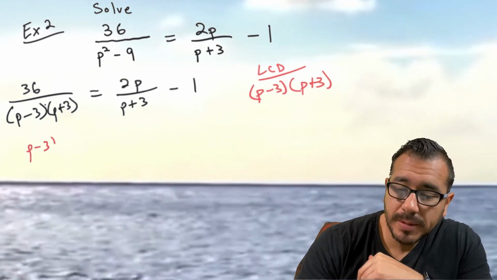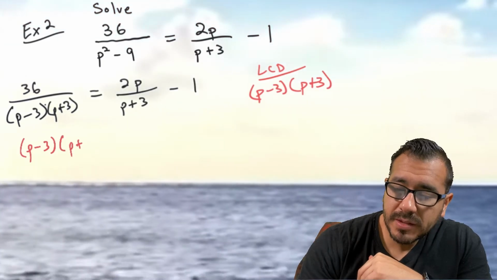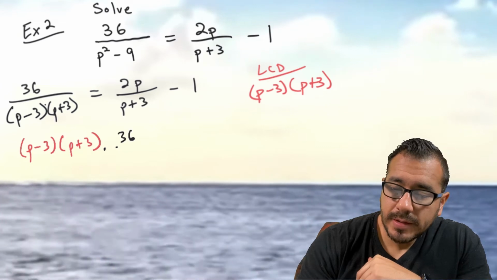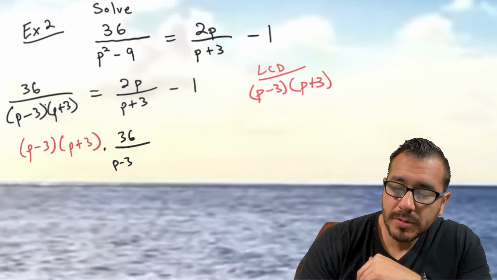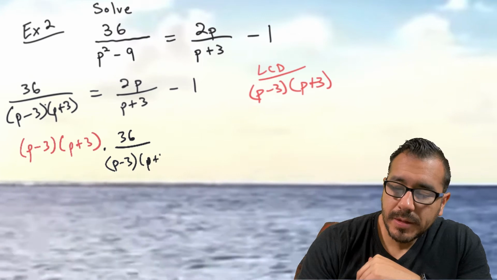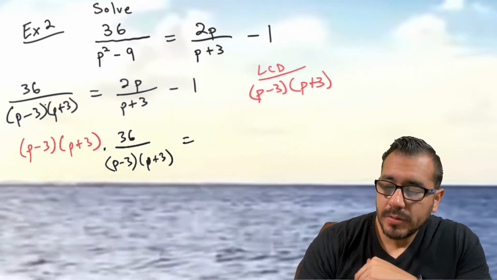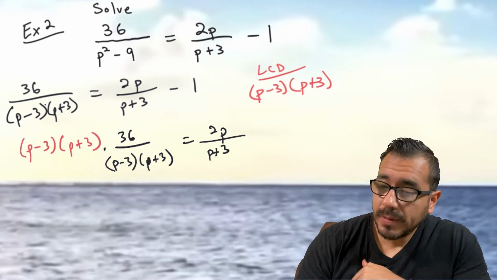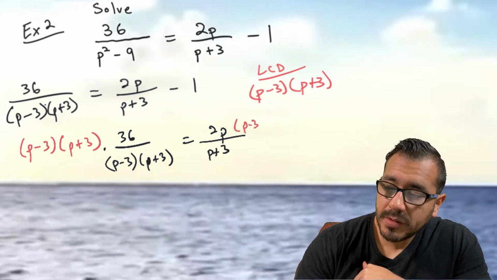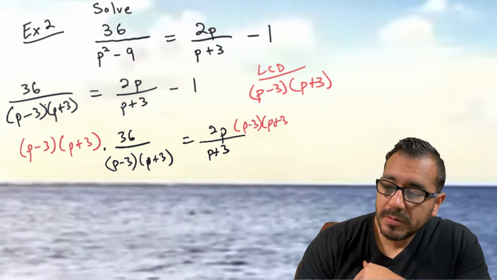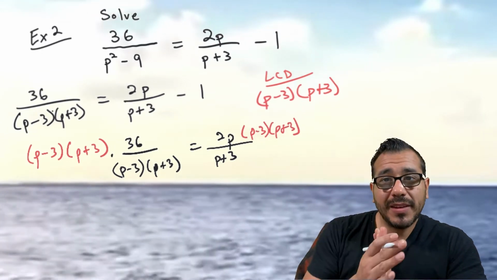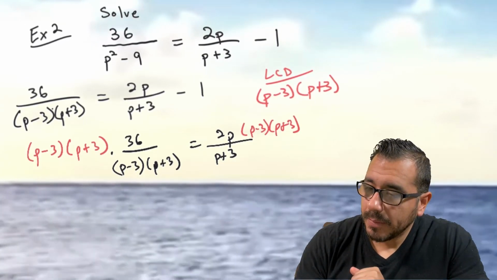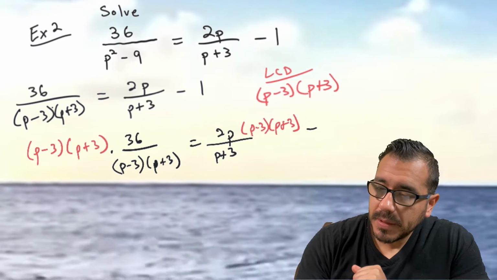P minus 3 and p plus 3, we're going to multiply that by 36, our first fraction, p minus 3, p plus 3, equals 2p, p plus 3. We said we're going to multiply that by the LCD, p minus 3, p plus 3. And notice, it doesn't matter if you have it on the left-hand side or the right-hand side, it's the same thing, right? And then minus 1 times p plus 3